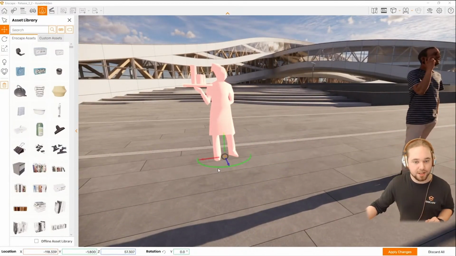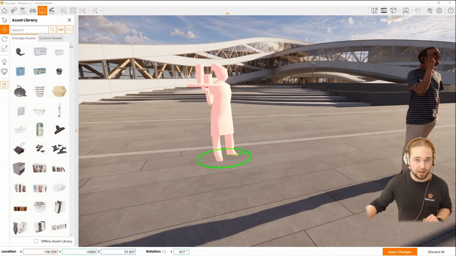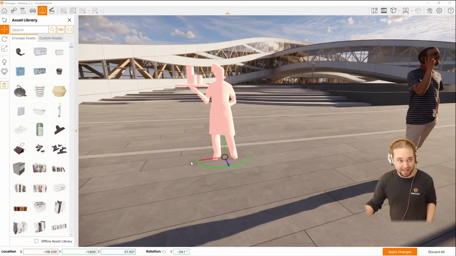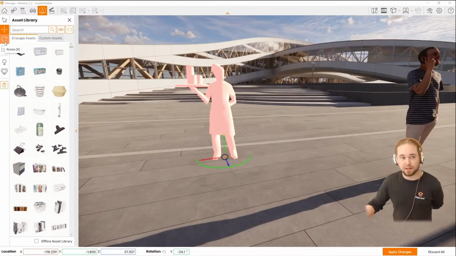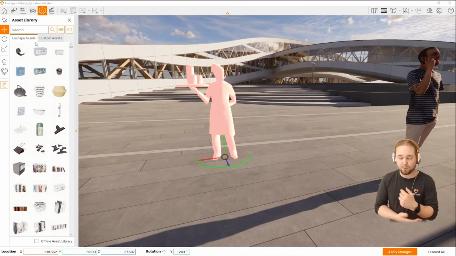And in this translation tool, we also have this green circle, which you can use to quickly rotate it around the up axis. Below that, we have the rotation tool. You can enable it using the hotkey R. In some design applications, like for example Revit, it is only possible to rotate objects around the up axis.